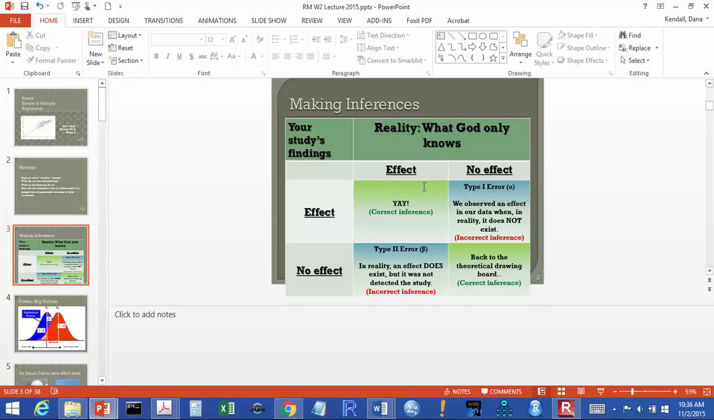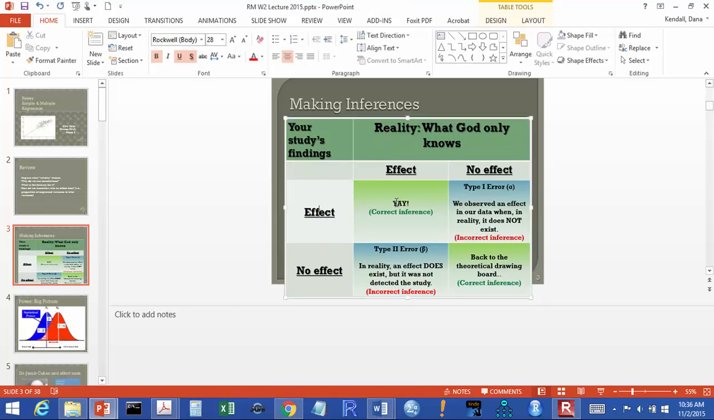Okay, so let's talk about the different kinds of inferences we can make. Let's start with the quadrant here. This is when our study yields significant findings. So we run our t-tests, our ANOVA, regression, or correlation, and we get a significant effect. In reality, let's say, that effect is there. So our IV is impacting our DV in the way that we thought. And so that is a correct inference, and it's the most happy place to be on this grid, in this quadrant, because we found a significant result, which is great for publishing,